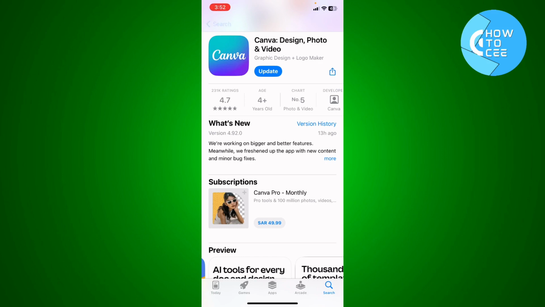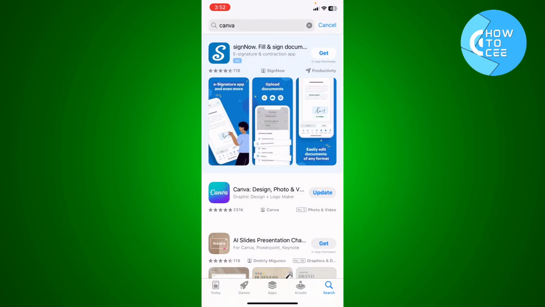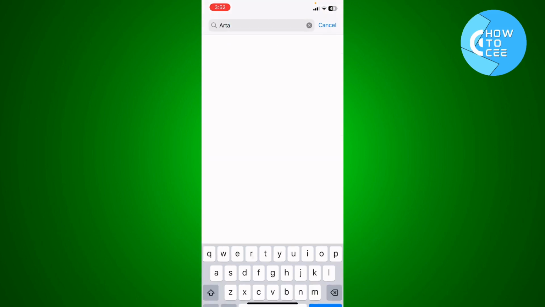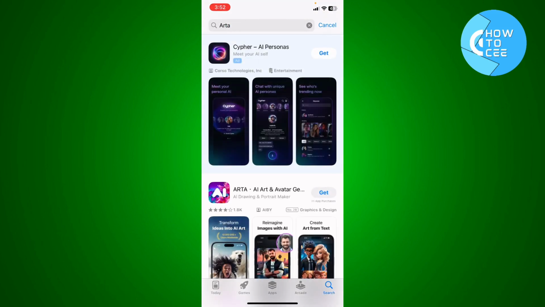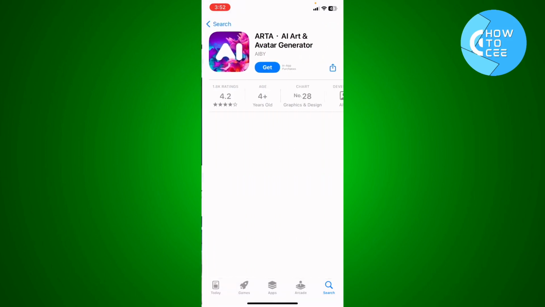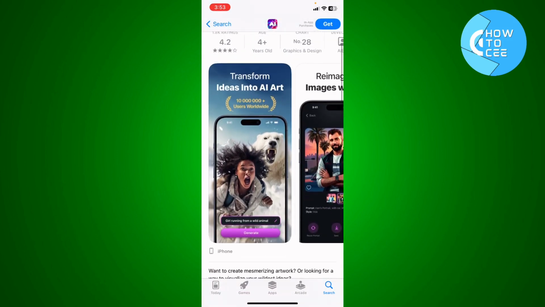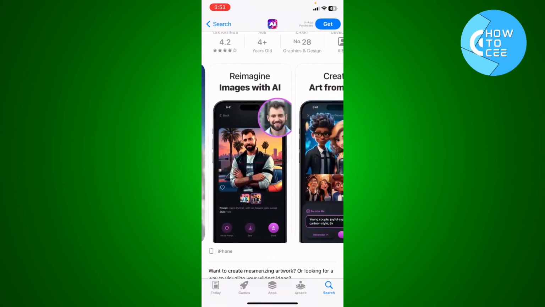Okay, the second app that I want to show you is Arta. I'm going to show you the app right here. Let me search for it. Arta is one of the apps as well that allows you to generate images for free. So you will see right here, "transform ideas into art,"